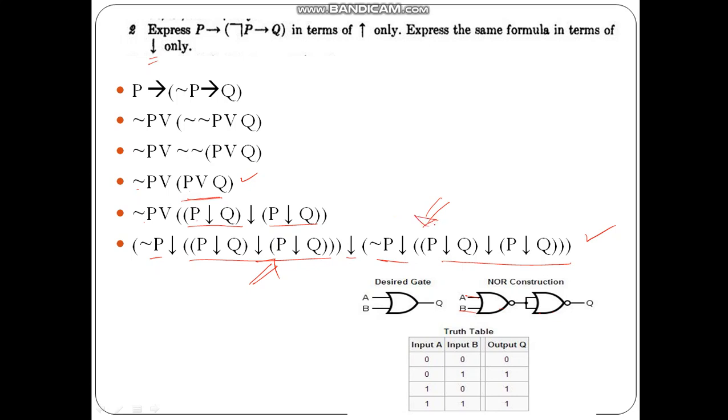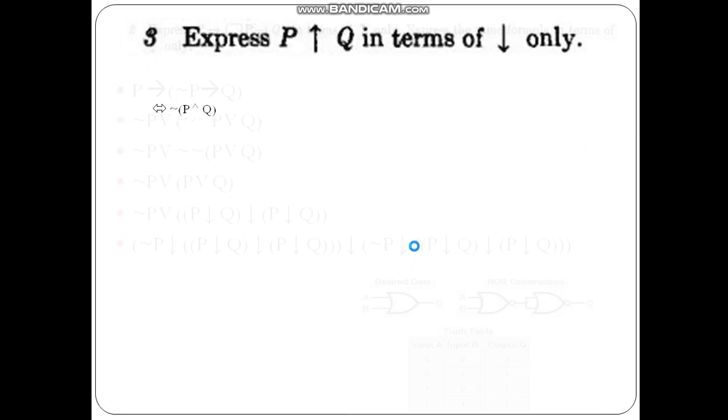See the length of this particular formula. What I wanted to represent is this one, and what I am representing is this much longer set of symbols. Again you can simplify this one to not P or Q, and not P or P is true or Q is true. See here, it is so simple. But if you always want to represent any formula in terms of this type of formula, it will be lengthier. The formula will go on becoming lengthier.